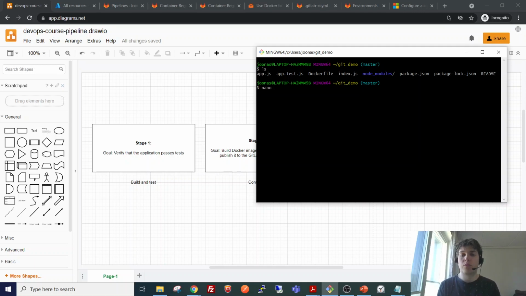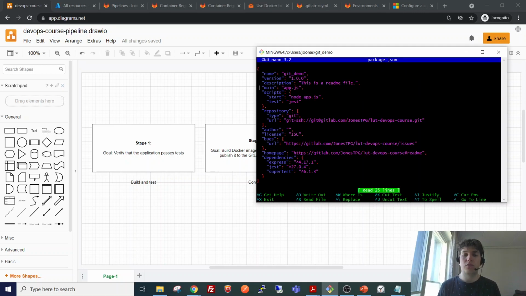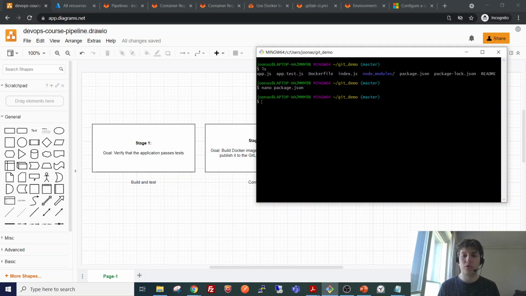So in the package.json file we need to now define index.js as the main file of our application, since that is the file that runs the HTTP server. So we are going to make these modifications.